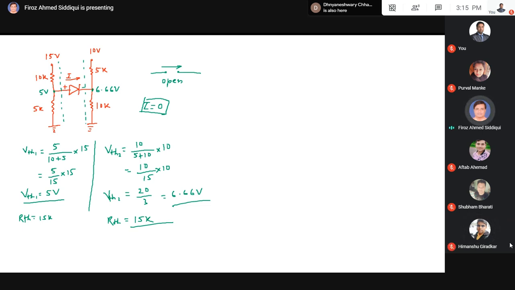Yes, sir. So these are the types of some examples of the numerical जो आपको गेट के एग्जाम में आते हैं. और अगर देखोगे इस टाइप के न्यूमेरिकल्स तो इलेक्ट्रिकल, इलेक्ट्रॉनिक्स और इंस्ट्रूमेंटेशन ये तीनों ब्रांचेस को आते हैं. और डायोड आपने अच्छे से कर लिया तो आपको आगे समझना आसान रहेगा. बीजेटी वगैरह और बाकी बीजेटी पे बेस्ड एम्पलीफायर्स और आगे के भी सर्किट्स. सो दिस इज द बेसिक.